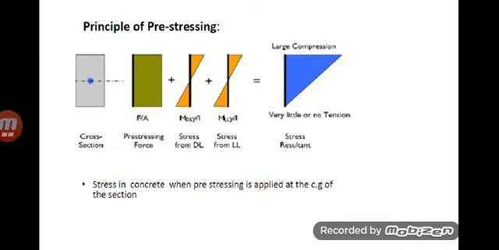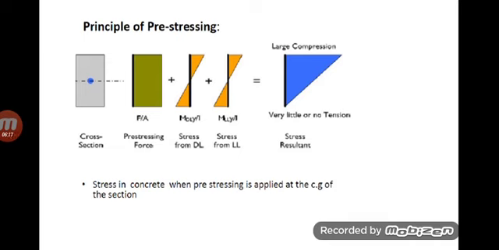Ultimately, if we add these things, the stress due to dead load and live load will have moment also. That's why this is not axial stress. This is the bending stress. The stress due to dead load and live load will be the bending stress. That way the figure is like that.